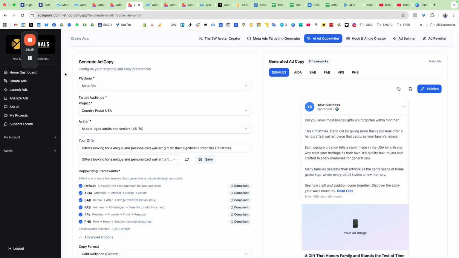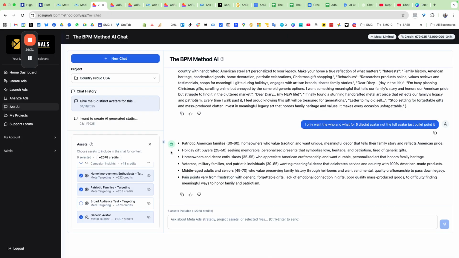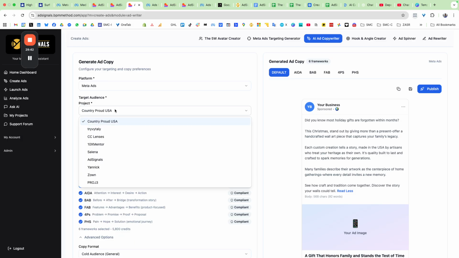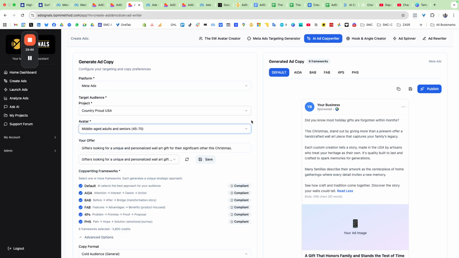That's a process of taking a base avatar, which I'd already created, creating multiple avatars, by actually just going in and asking, based on what we've got, come up with some different ideas. And I think it came up with some good ideas from this as well. And then taking that through, saving them, and actually working through the different avatars to create copy. And something like this,